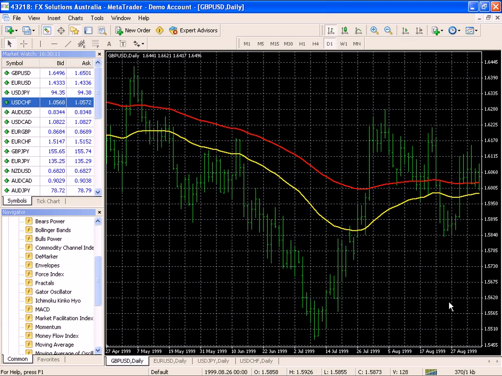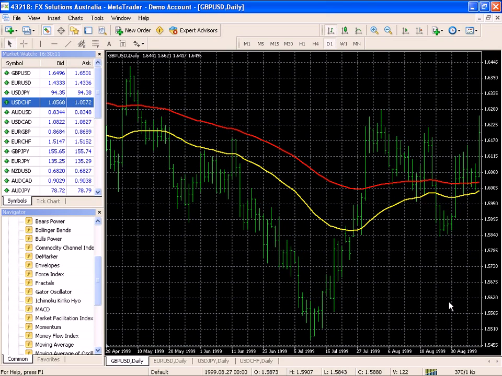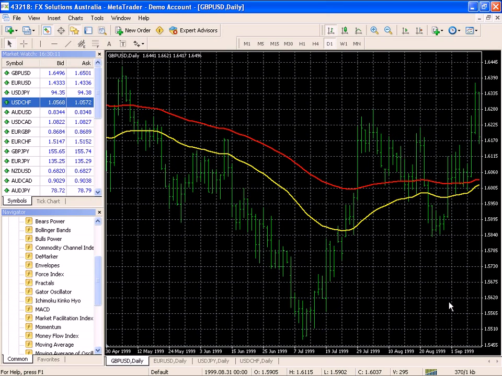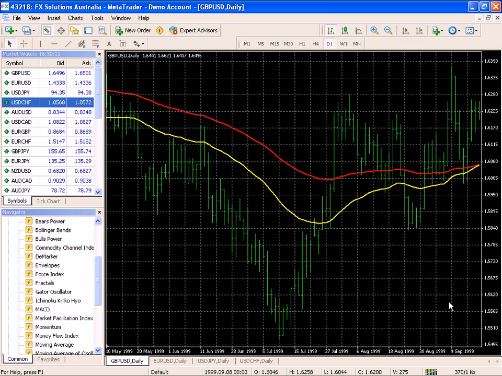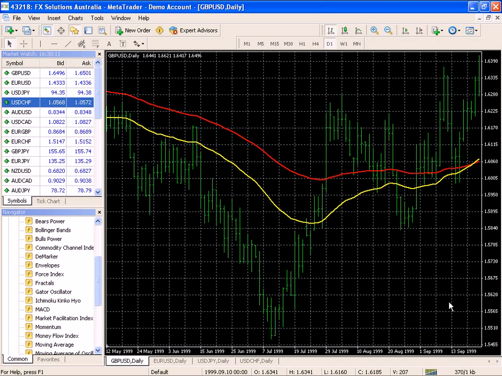Okay, let's go along here. I found a pretty good section. Now we're going to try to find that golden cross. Remember, the golden cross is when the 50 goes up through the 100 and you're going in the upward direction. Bullish. A bullish signal. Okay, we observe a golden cross here,